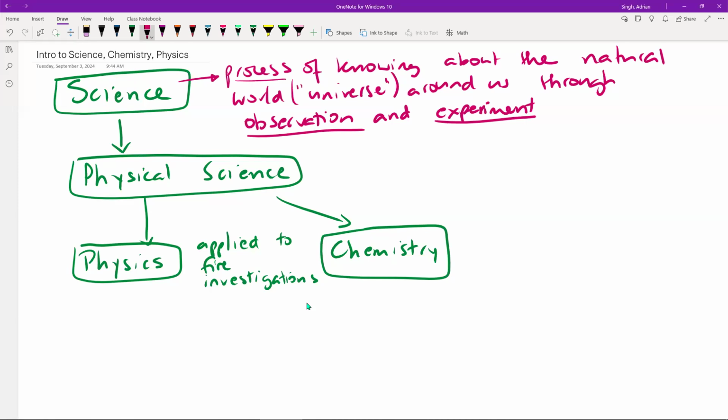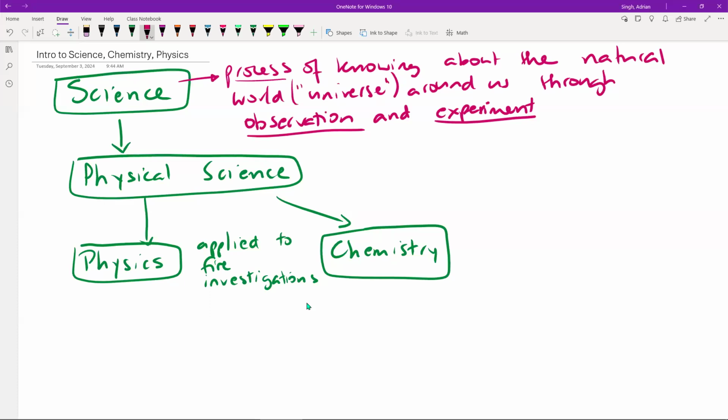So in your particular field that you're going into, really the world that you're studying there is a fire scene, for example, and you are going to apply some of what we're going to be learning here to decide, well, this is most likely what led to this fire. This is how the fire spread, etc. Right? A lot of those specific things you're going to see in other classes down the road. Right now, we're just trying to establish the foundation for why we need some of these things. So science: a process of knowing about the natural world of the universe around us through observation and experiment.